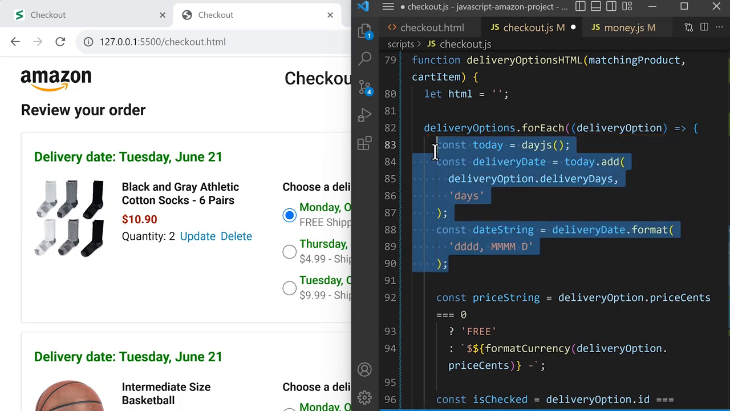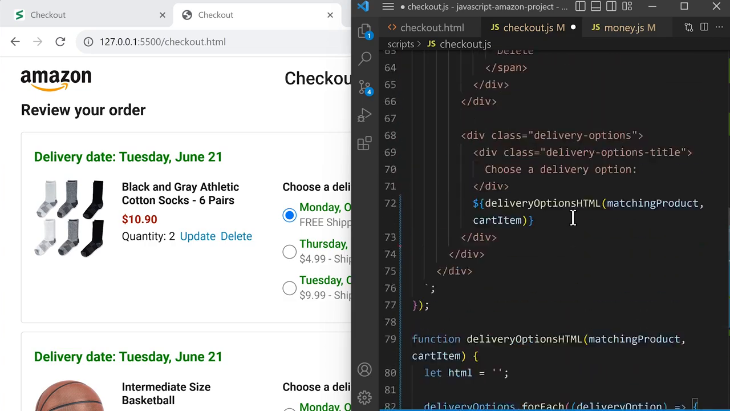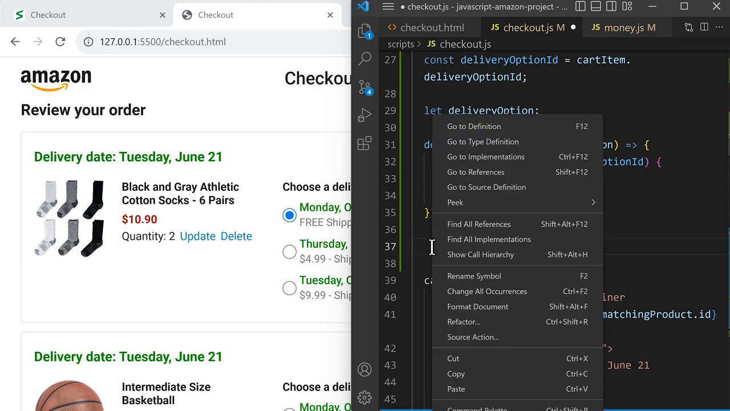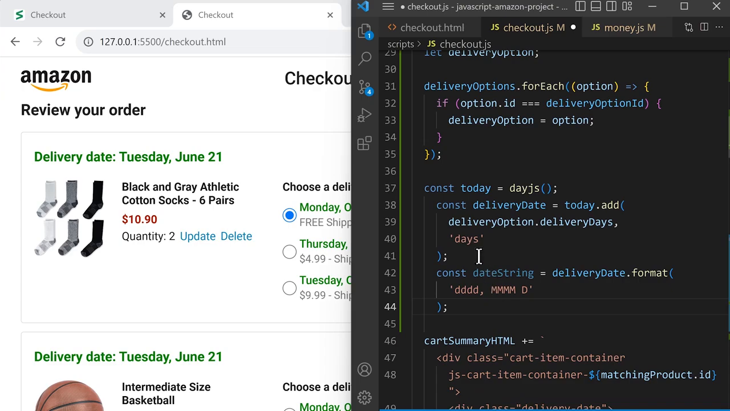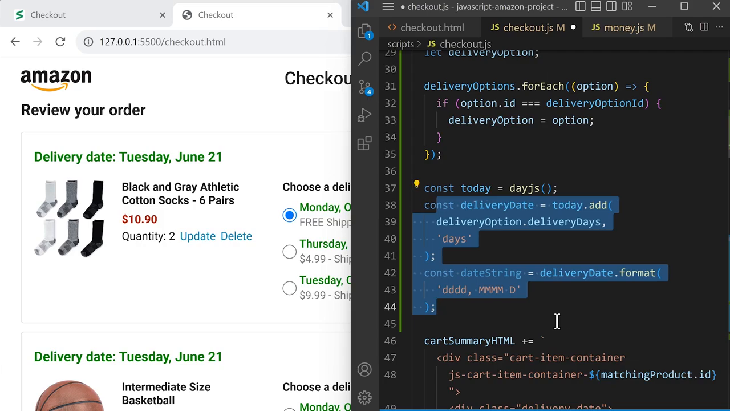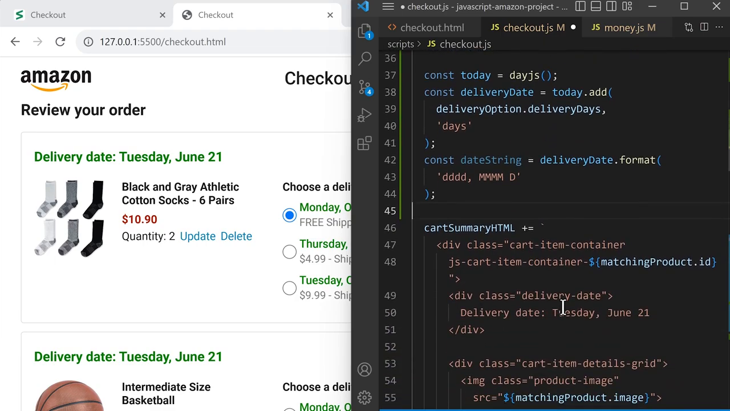So let's select this code and then right-click, copy, and then at the top, after we get the delivery option, we're just going to right-click and paste that code again. And if we need to, we can reformat by selecting these lines and press Shift-Tab. So this code will take the delivery option that we selected and calculate the delivery date that we need to